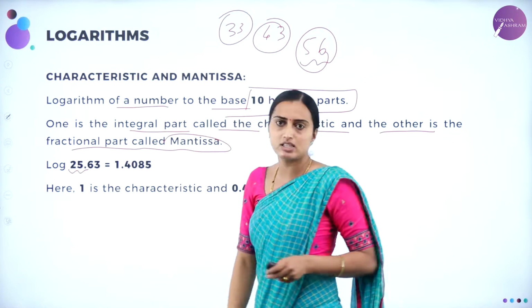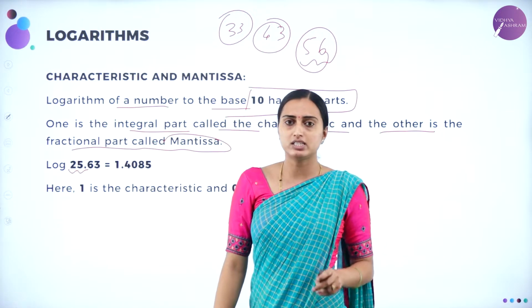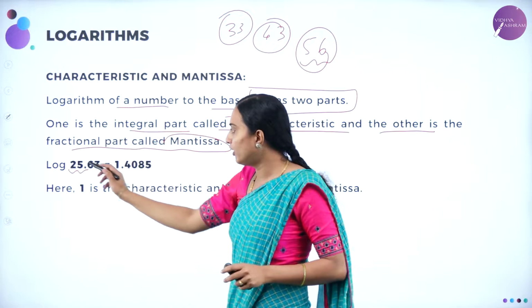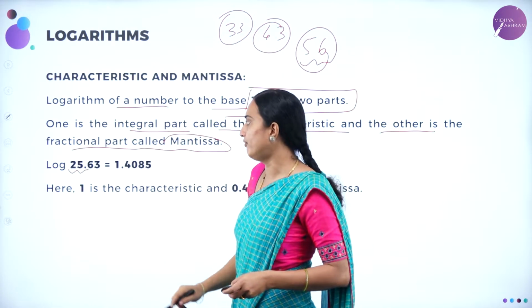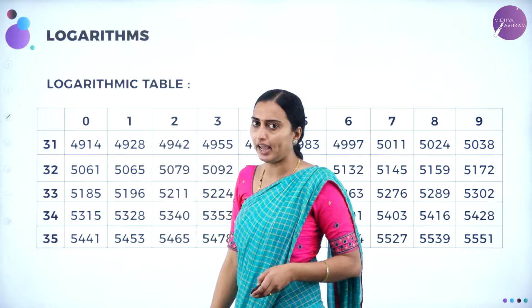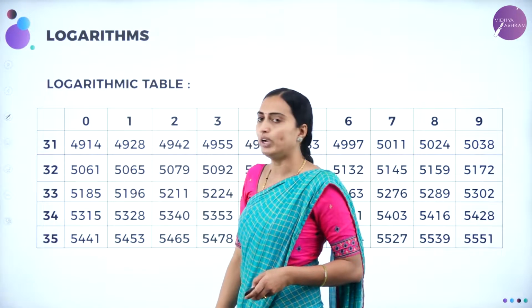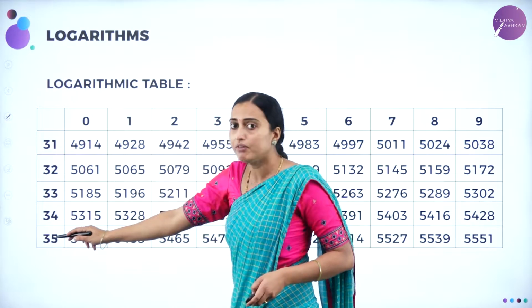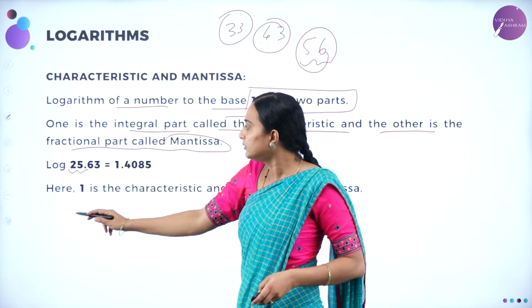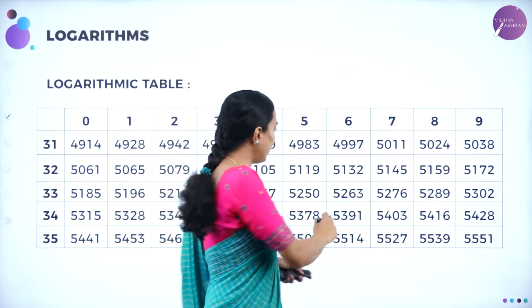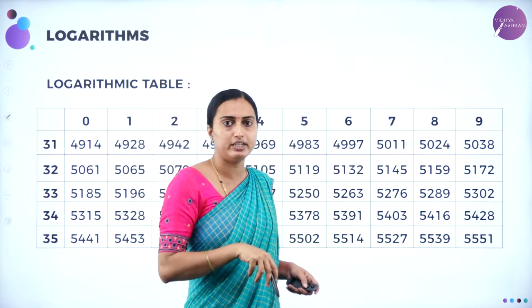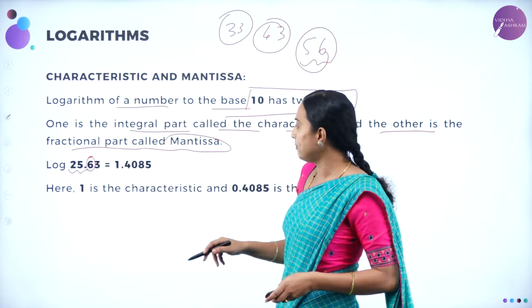2 digits are there. So if 2 digits are there, you are going to find out first 25 in the log table. You are going to search for the 25. The table is 25 and then you are going to find out 25, 6. 6 is nothing but the 6th column, whatever the value you are going to get, that you are going to write it down, and you are going to remain with the other value.